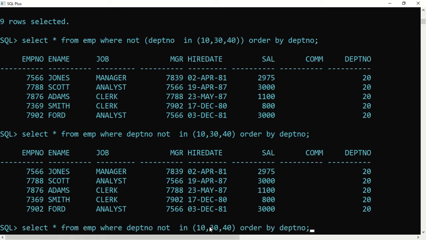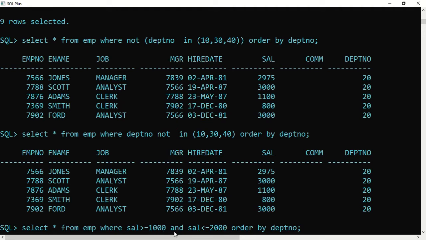Now if I say where salary greater than or equal to 1000 and salary less than or equal to 2000, if you get any person with this particular condition, list it out.